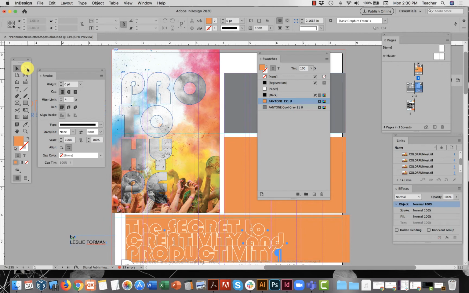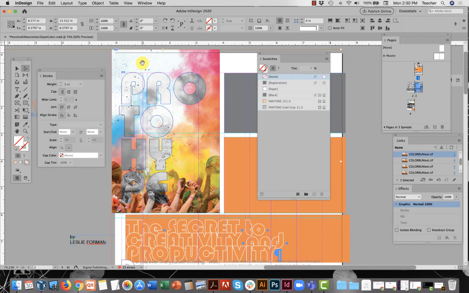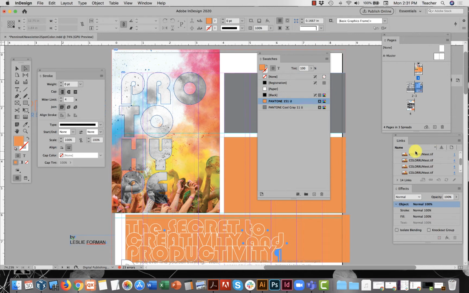Remember, you cannot change the color model of a raster image you have placed into your InDesign document, especially if that color model is CMYK or if you have erroneously, don't do this, placed an RGB image into your print file. But remember I said, if you're going to do a two spot color layout in InDesign, then only place grayscale TIFFs. You guys remember me saying that? Only place grayscale TIFFs.